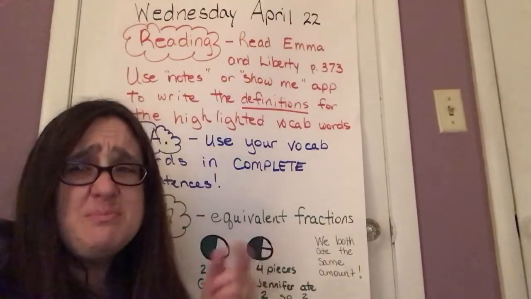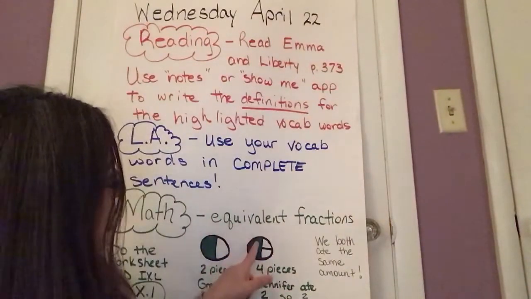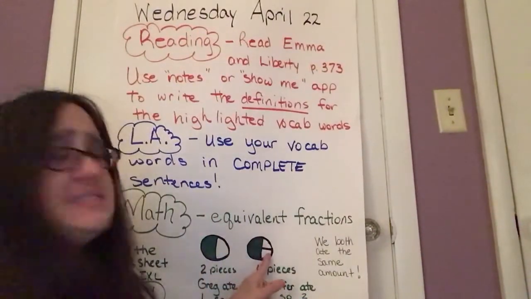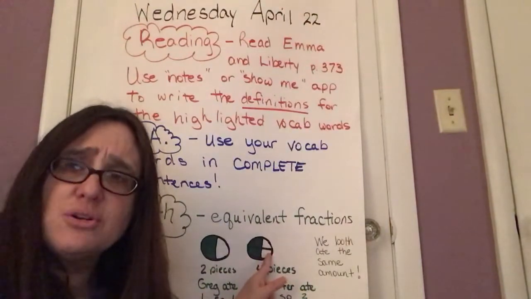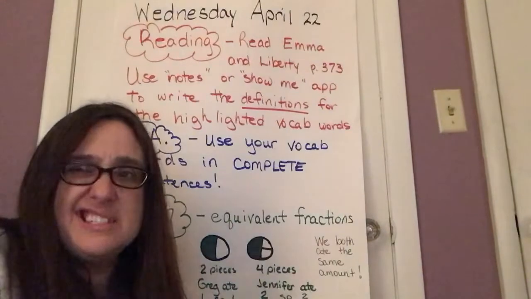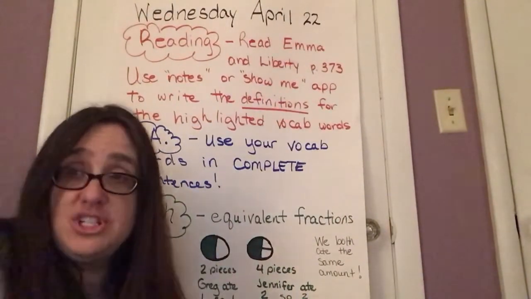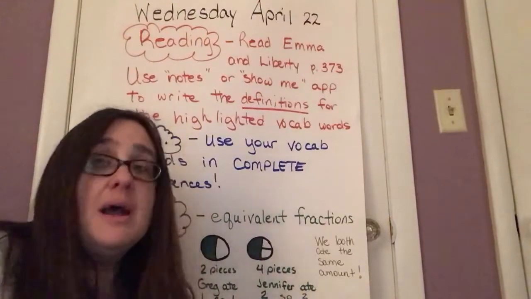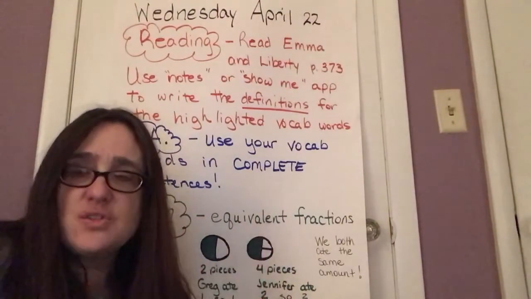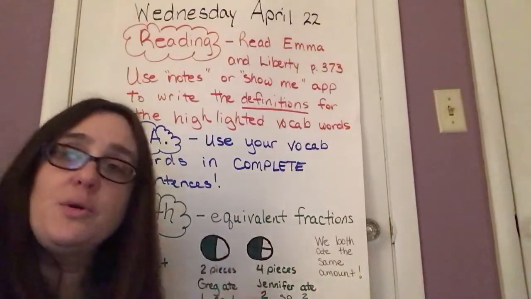So sometimes you might have to think about moving them over to see. If I had one piece here and one piece here, it would be a little harder to see that it was a half. But instead, I wanted to make it a little easier, so I put them on the same side, okay? You have another worksheet today that I sent you in the email. Same thing as you did yesterday. Take that screenshot, send that back to me, and you're going to practice some more with equivalent fractions.